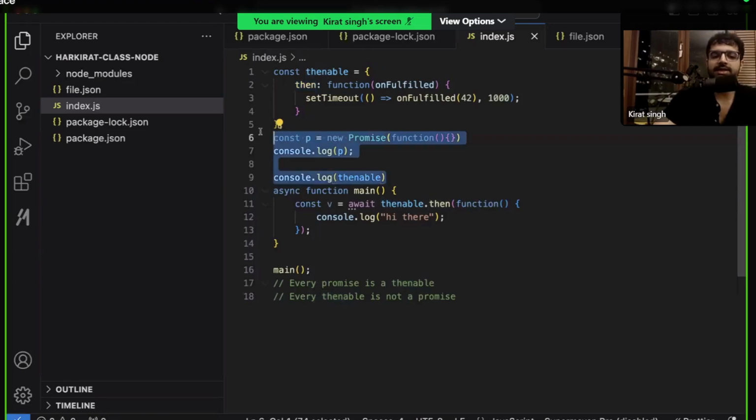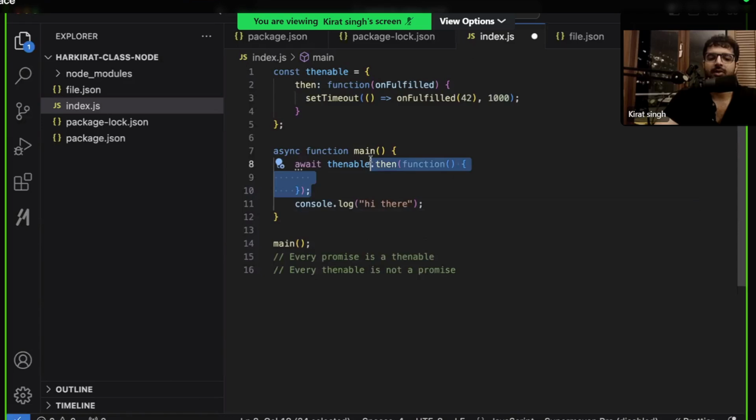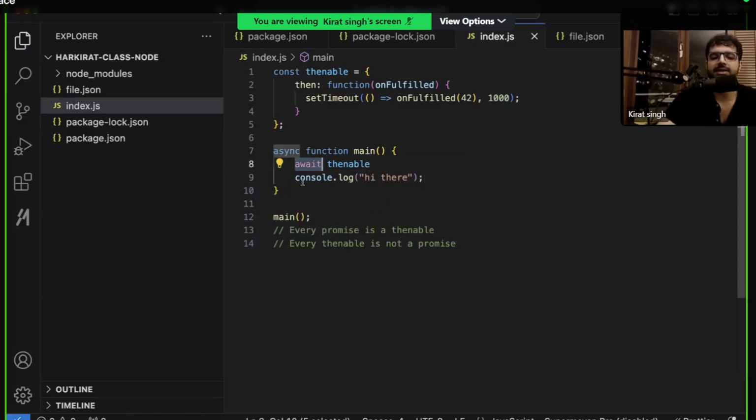If there was no concept of async await, then I wouldn't even have looked at thenables to see what they are. This is just another object that has a dot then key, where you can put anything, in case this is a function which takes something that eventually gets called as an input, very similar to promises. But what made me intrigued is you can use async await syntax on this thenable as well, and whatever code you are supposed to do in the dot then, you can actually put it afterwards. Because as I've said before, async await syntax is just syntactic sugar on top of promises. But I think more technically, async await syntax is just syntactic sugar on top of thenables and not promises.